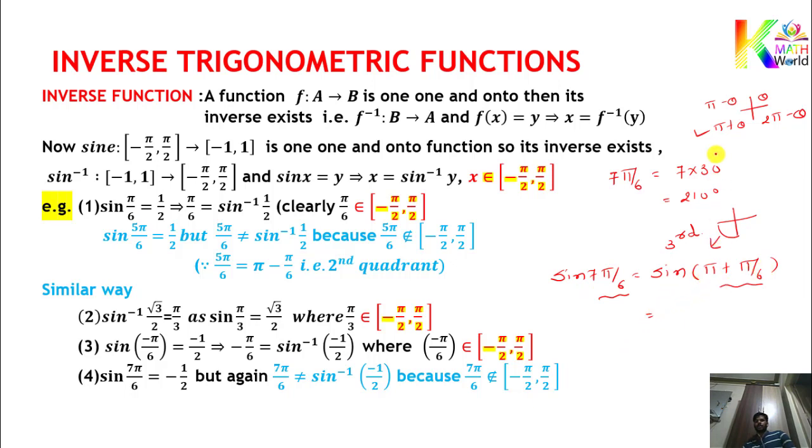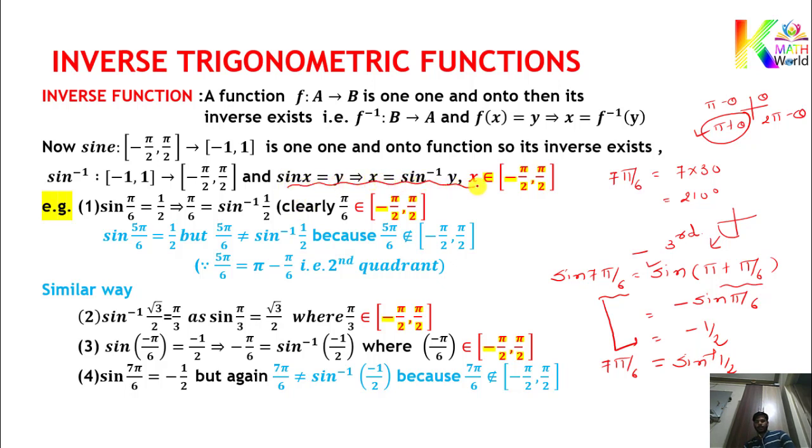Okay, pi plus third quadrant, you can see third quadrant, and in third quadrant sign will be negative. So you got here minus sine pi by 6. So what is the answer? Minus 1 by 2. It means the answer of sine of 7 pi by 6, that is also minus 1 by 2. So can we write this way? 7 pi by 6 equals to sine inverse of minus 1 by 2 using this one.